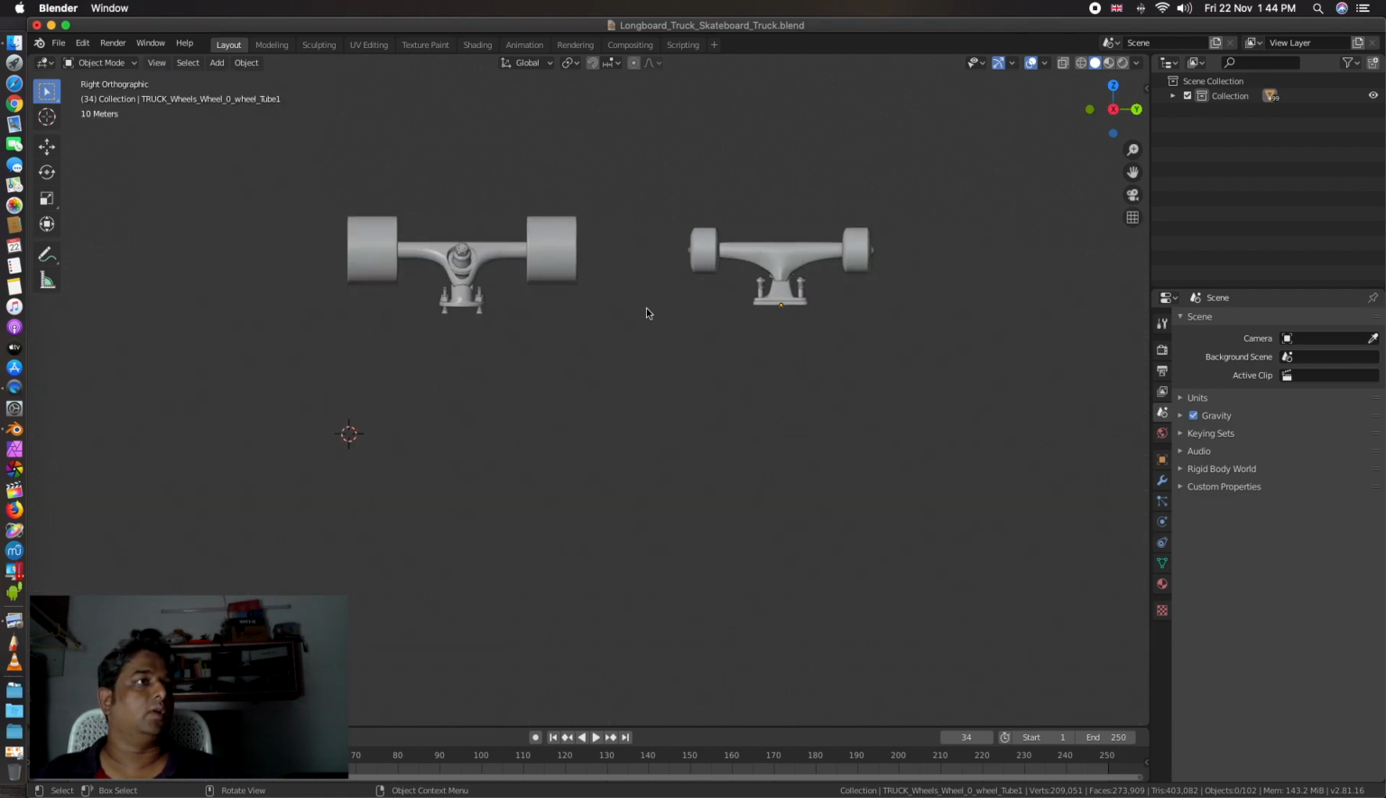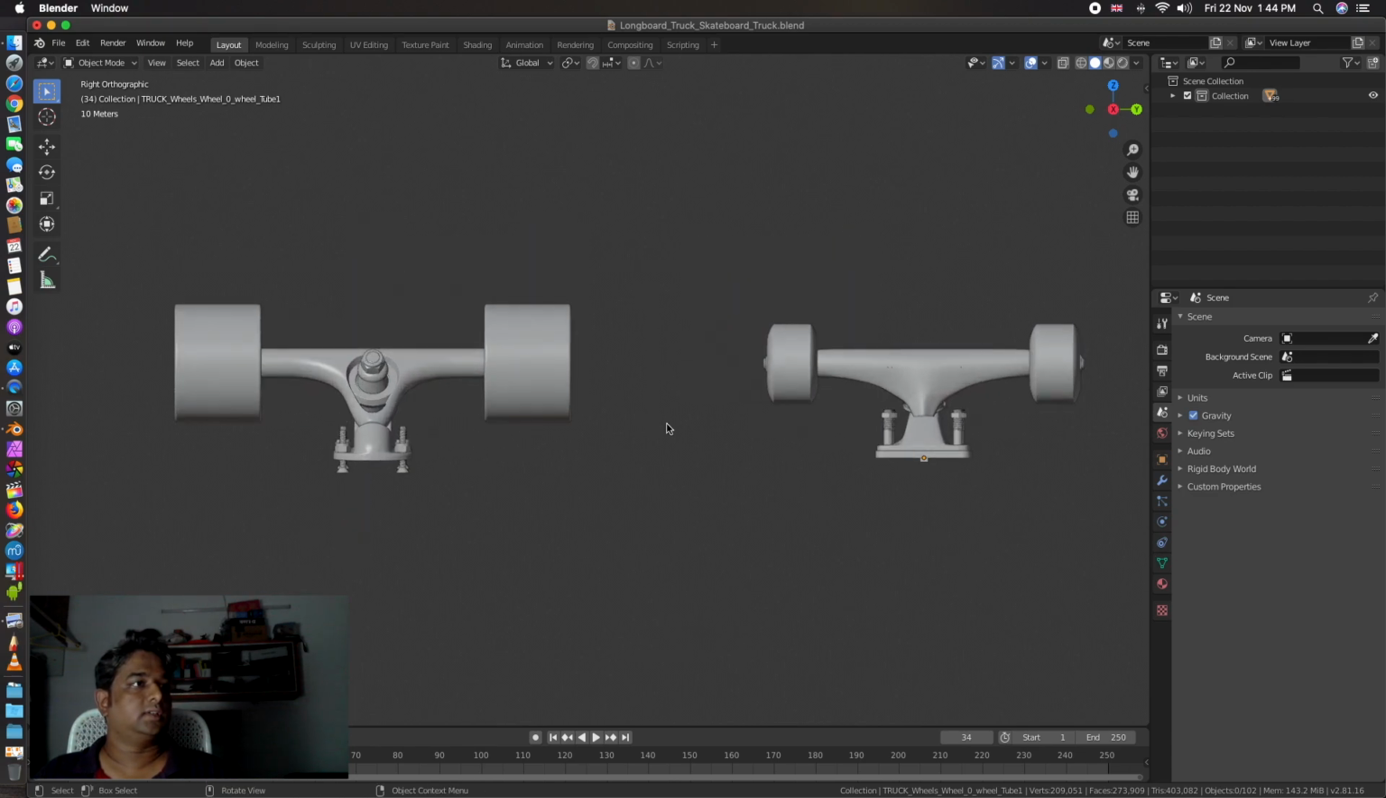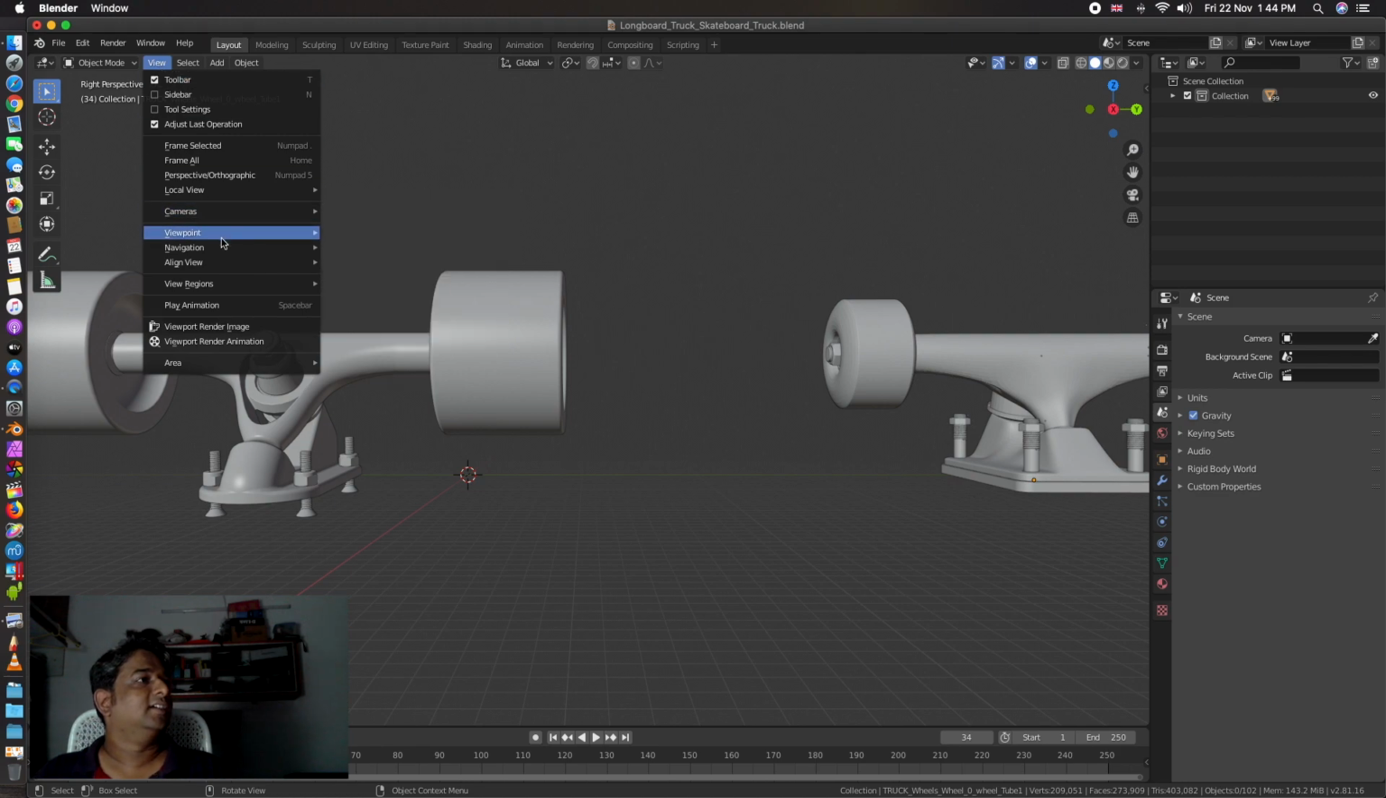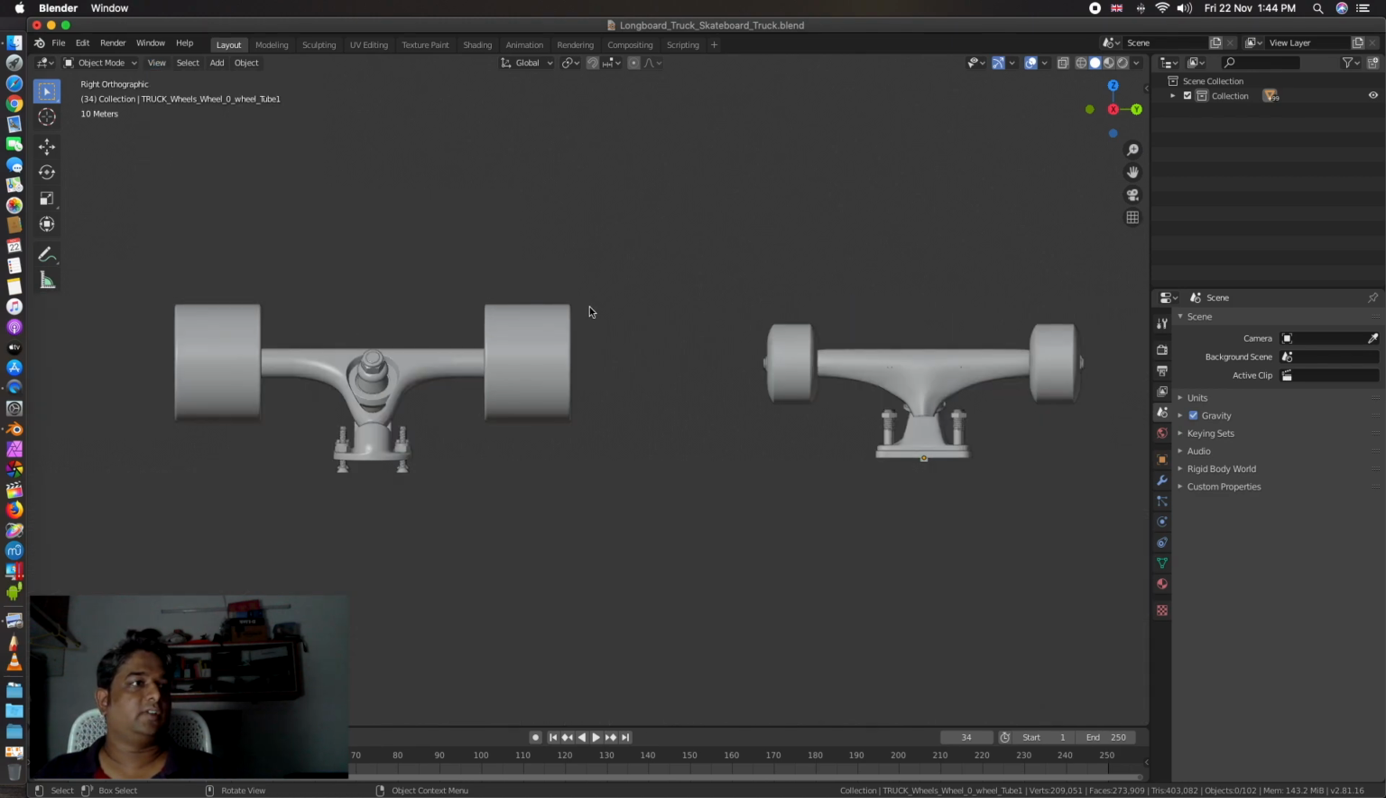Yeah, here we go. So this is the front side view. Actually, technically, according to the software, it's the right side view. For us, it's the front side. So what you're looking at on the left is the longboard truck. What you're looking at on the right is the skateboard truck. So what is the first and foremost